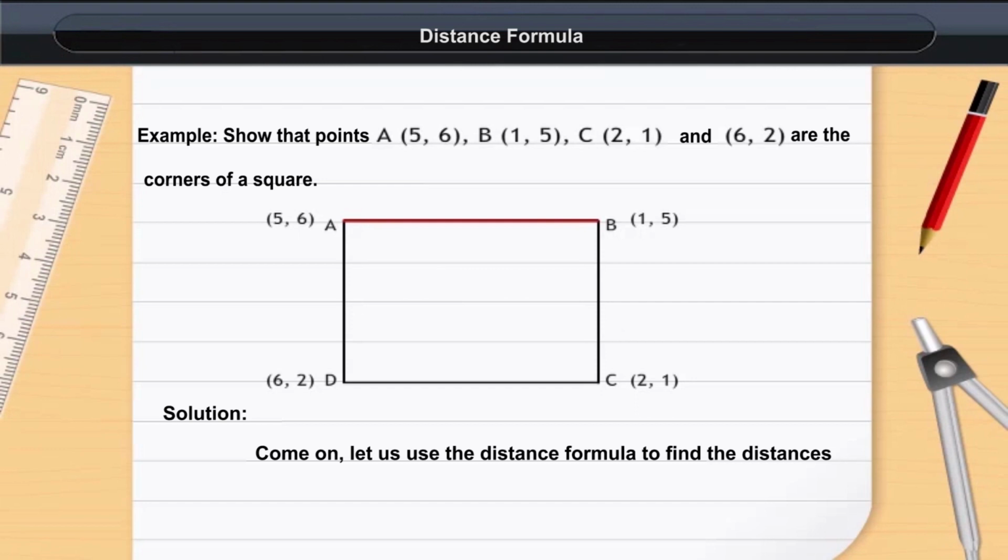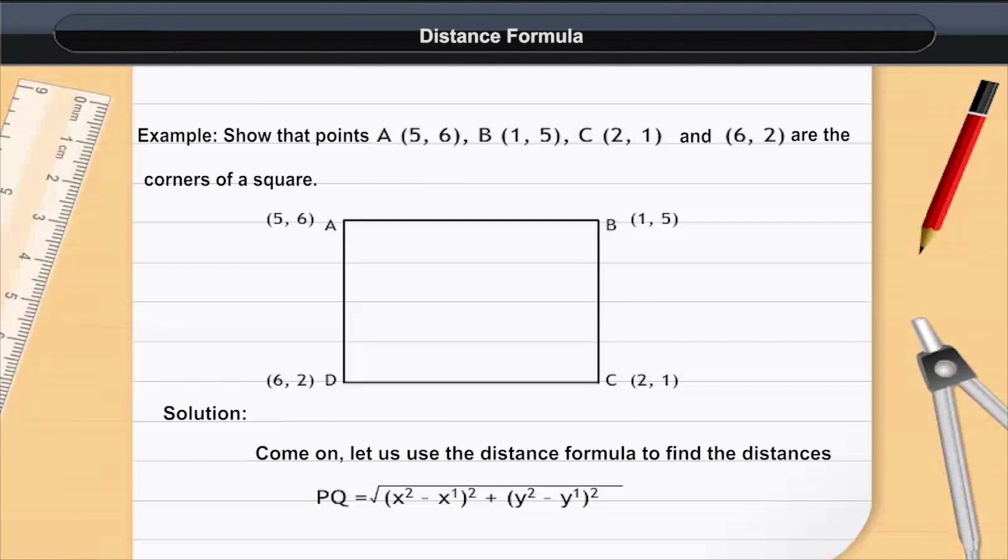Come on, let us use the distance formula to find the distance between AB, BC, CD and DA, where A (5, 6), B (1, 5), C (2, 1) and D (6, 2) are the given points. So we have the formula PQ is equal to square root of (x2 minus x1) square plus (y2 minus y1)